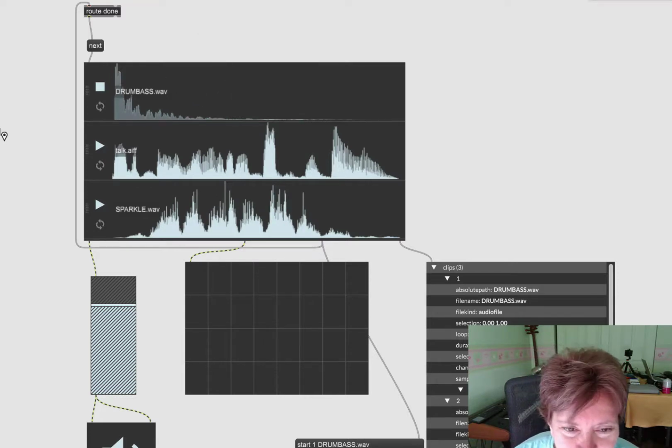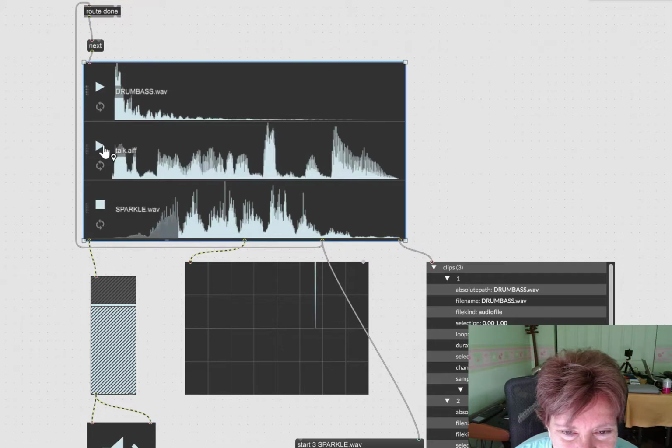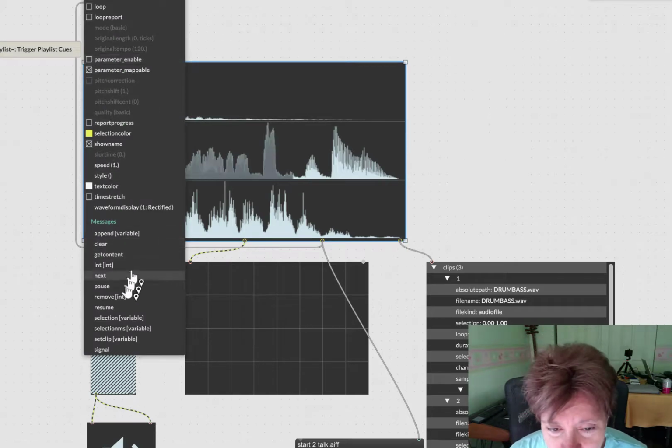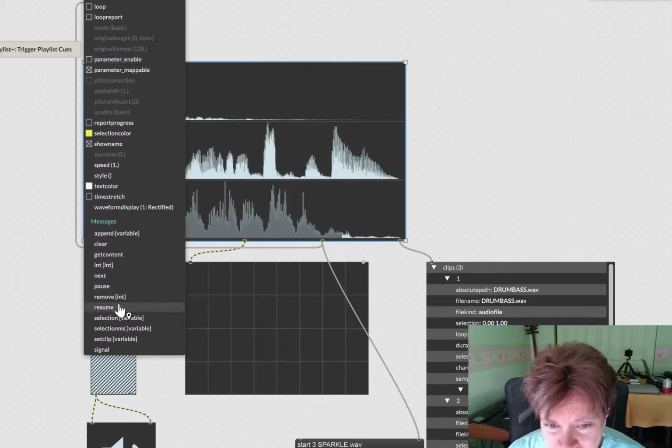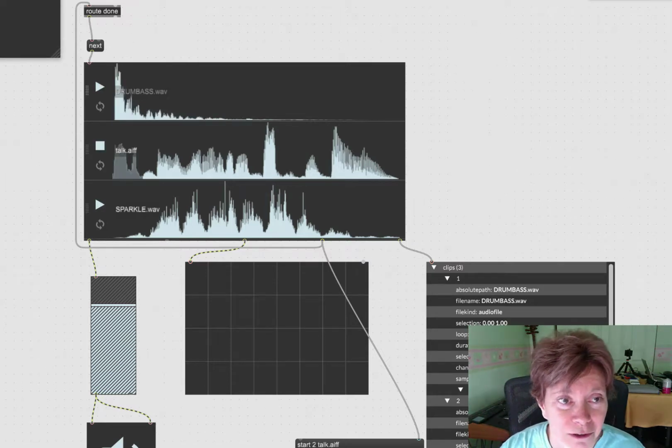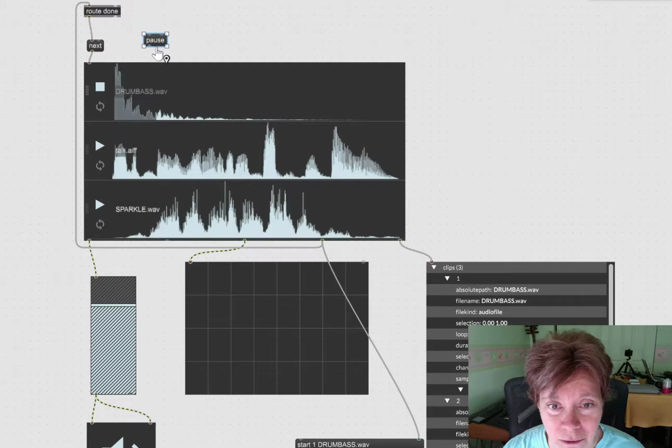So we're getting closer. Okay, so I'm gonna edit this. If you look at the messages I can send here, another message is pause and resume. So let's put those in quick before we go nuts. Okay, I'm gonna grab a pause message